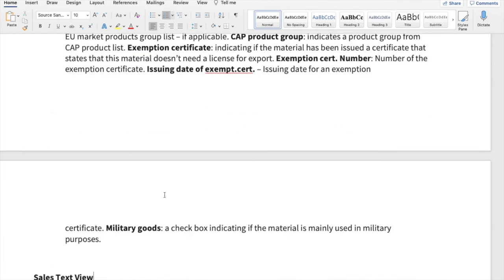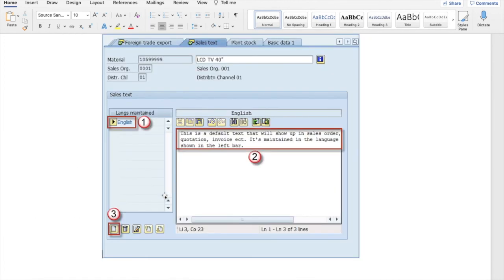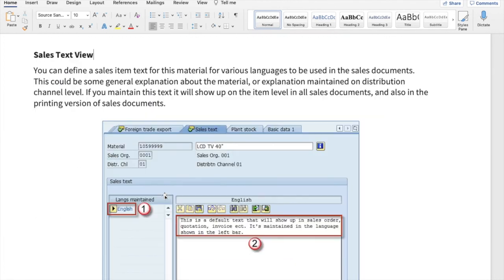Now I go a little later to the next view, which is a very important view, called the sales text view. I remember in the first line I told you there is a 40 character limit. In 40 characters you cannot write many things, but you need to inform your customer of many things about your product. So you can choose the language in which you need to write, because SAP supports almost all languages in the world.